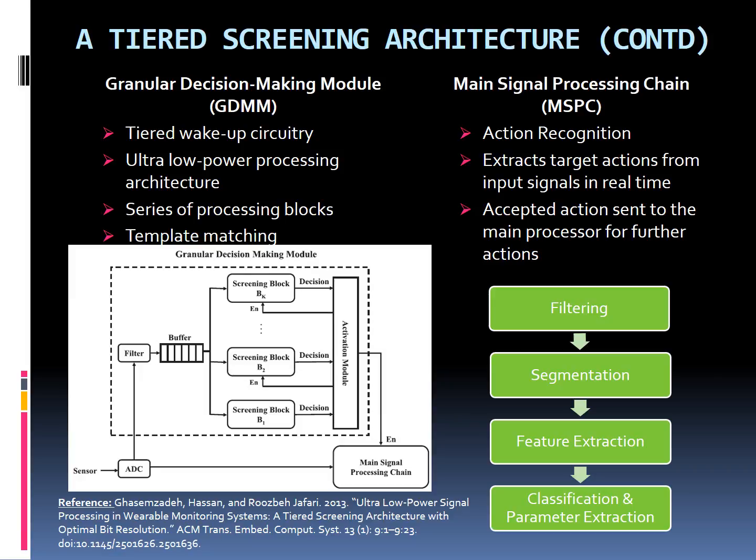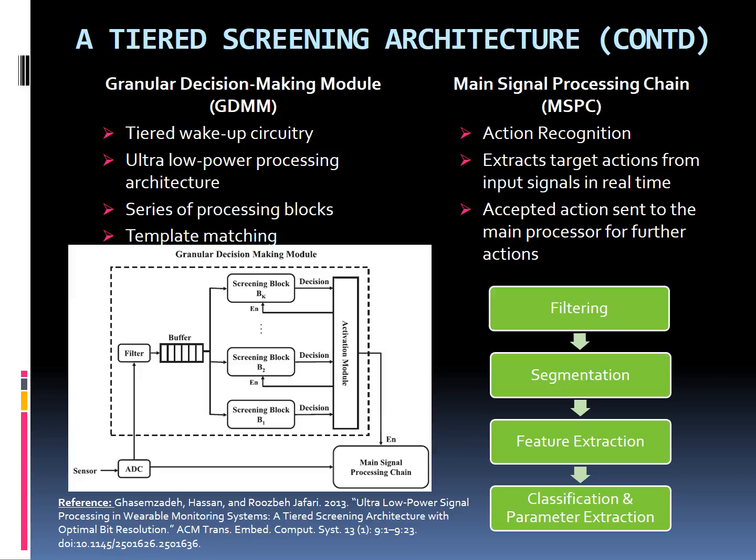The granular decision-making module is a tiered wake-up circuitry with a sequence of screening classifiers in which all the unwanted signals are eliminated from the signal processing chain as and when they are encountered. In such cases, the microcontroller and the rest of the modules get deactivated, thereby saving the power that would have otherwise been wasted on the non-target signals. This way, only useful sensor data gets extracted, which is made possible by the action recognition performed by the main